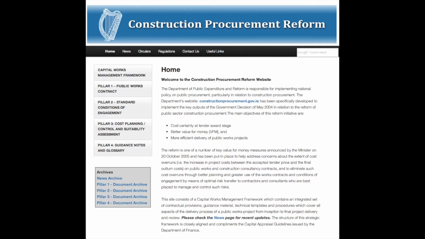You need to be checking this website on a regular basis. You need to check every single time you submit a tender. You need to check what form of contract has been specified for use with your tender, because the form of contract used will determine whether or not you're impacted by these changes.